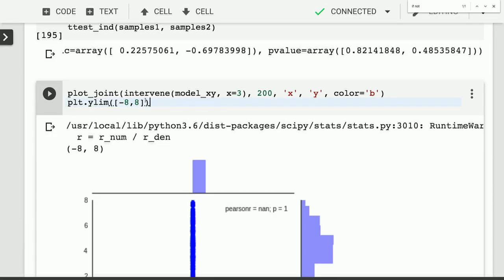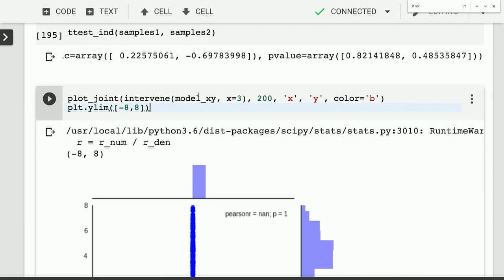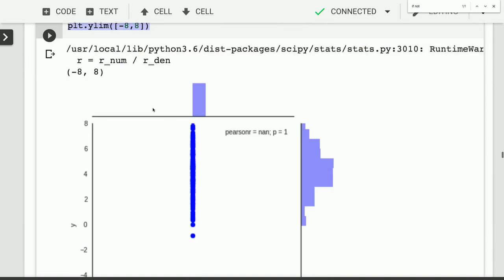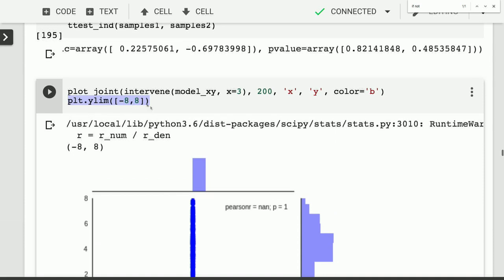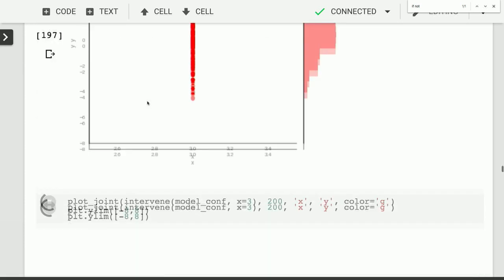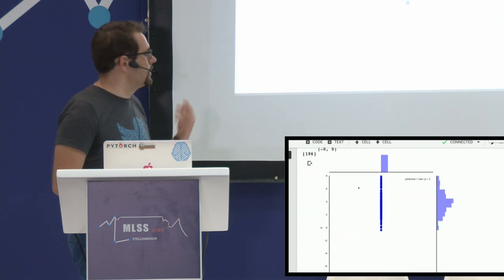And now you can see how these different models actually behave under intervention. So now I'm plotting the joint distribution of intervene model XY, x equals 3, and I'm setting the y limit on the axis to make sure that it's drawing the same y-axis on all of these plots. So I'm going to do the blue model, the green model, and the red model. And as you've seen in the slides,